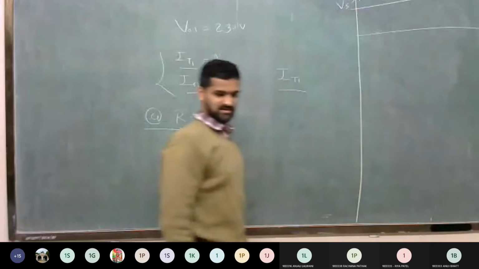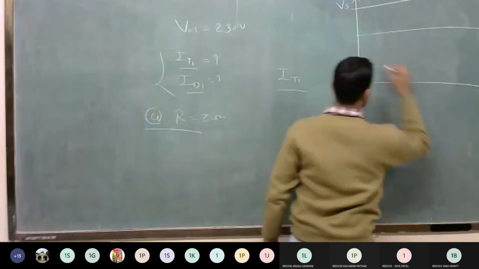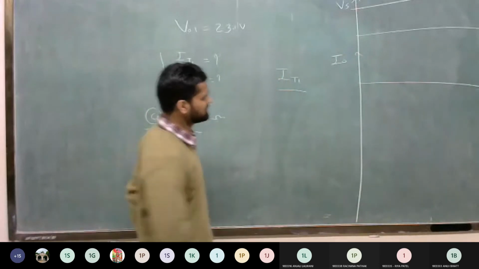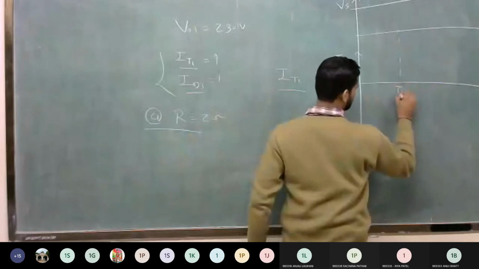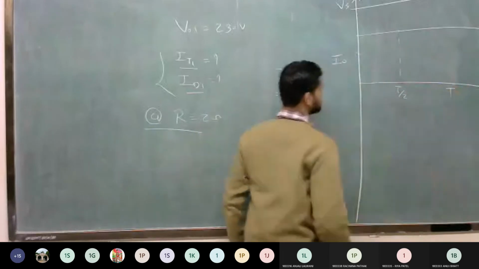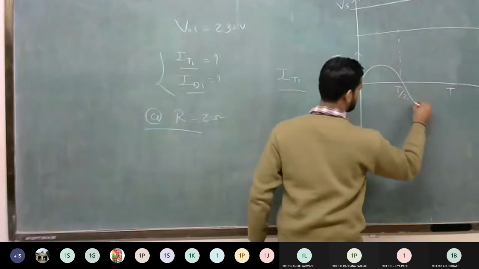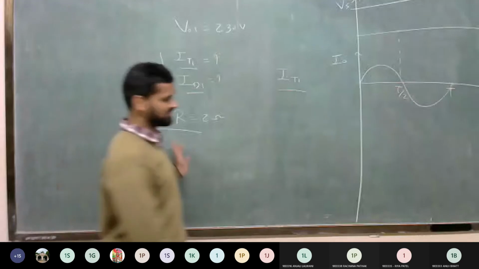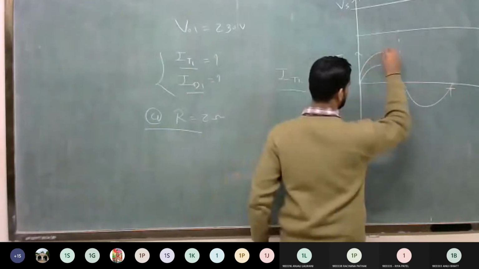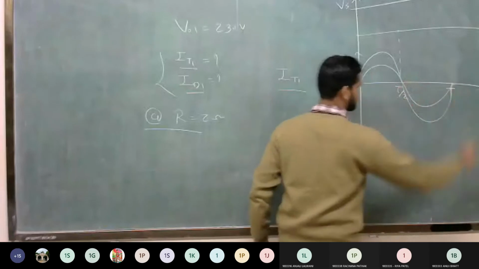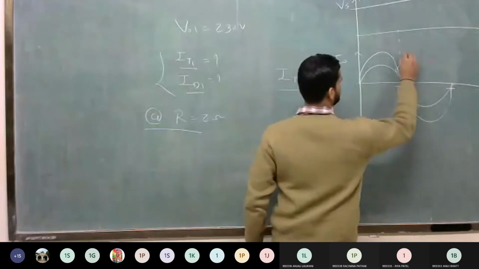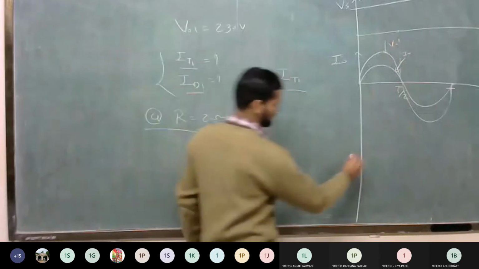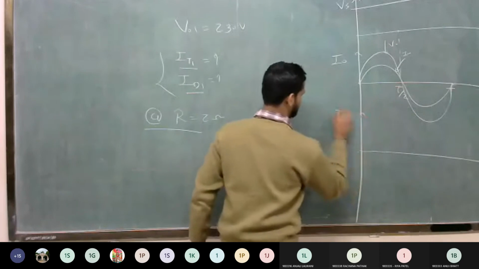So your supply voltage is what? DC voltage. Clear? Now, what is the value of total load current? I0. Suppose this half time is T by 2, and this is the total time T. Here you get the sine wave because it is a resistive load. And voltage is also pure sinusoidal because in a resistive load voltage and current are the same. So that is I0 and this is your VT. Clear? Now, during which time is current flowing into the thyristor?